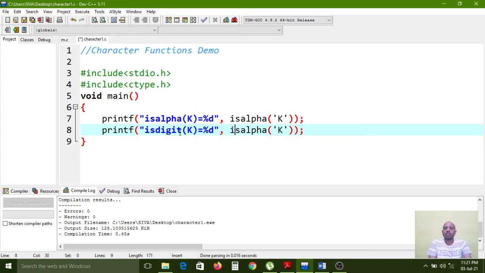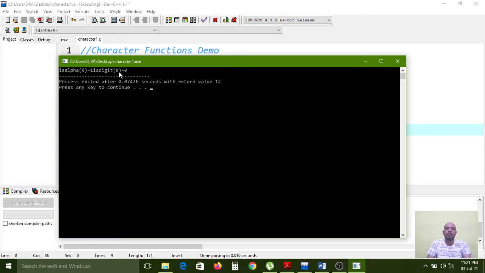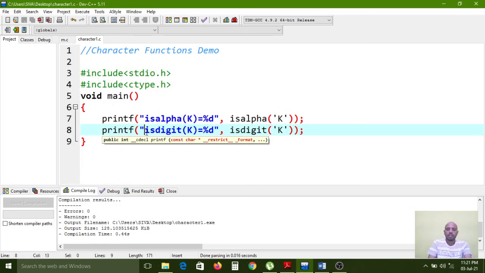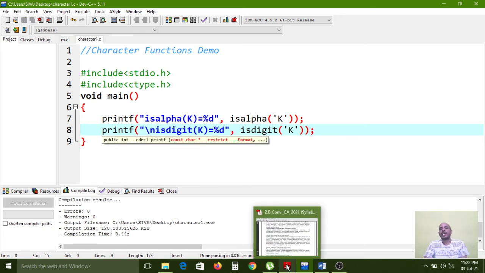Am I correct or not? 0 value. So if it returns 0, then it becomes false. Now I am compiling, now I am executing. Yeah, 0 value it is returning. So that is the meaning of questioning. We are asking questions to the compiler by using these character functions.